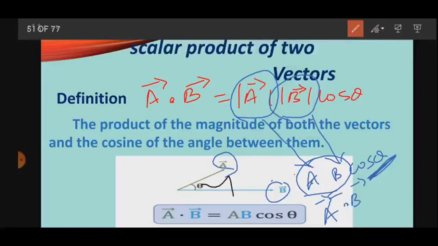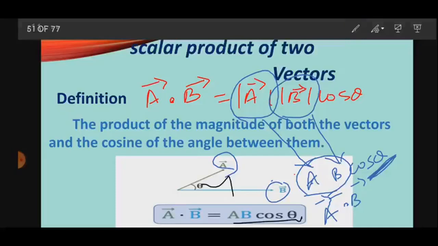So students, already you know that two vectors multiplied give a resultant that is a scalar quantity. So here, A vector dot B vector is equal to AB cos theta. This is the result. The scalar product is defined as this. Are you clear, children? Okay.